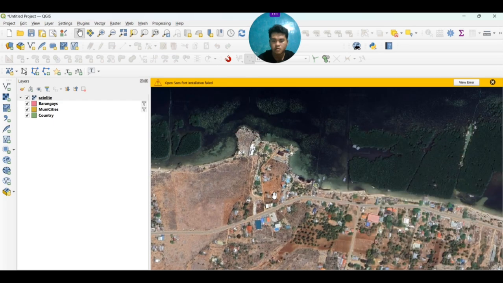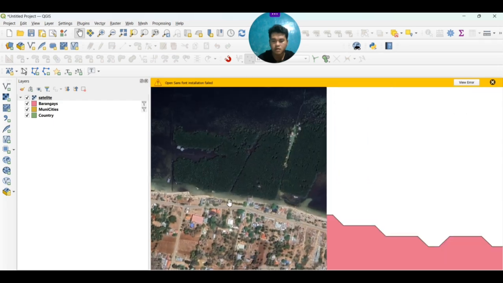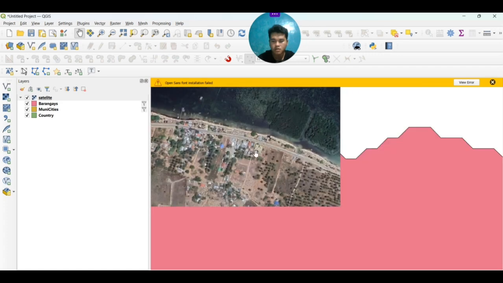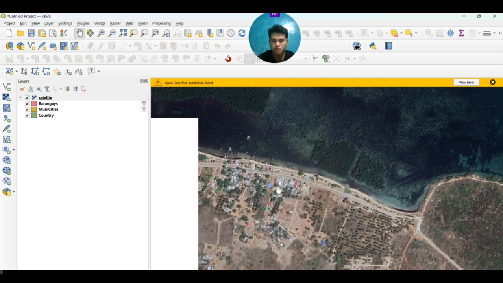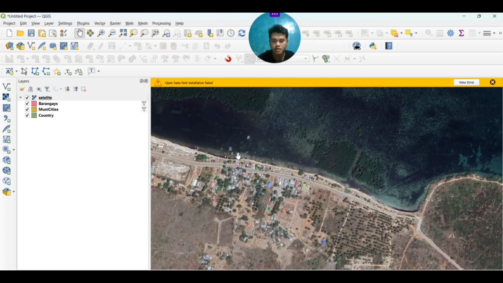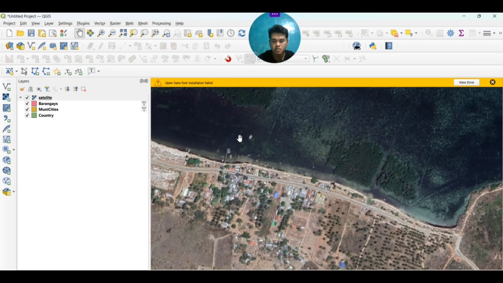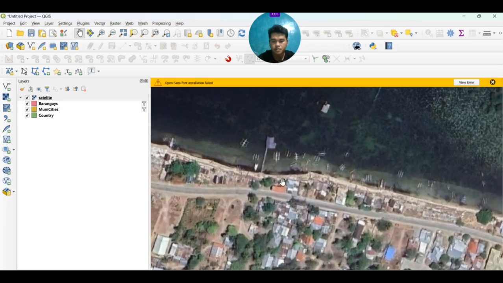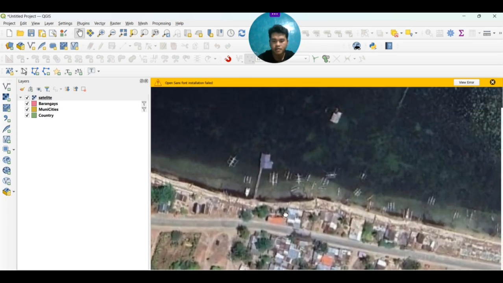Where was it? You think this one? I think we're getting closer. Oops, this one. Where is the study site of mine? So just zoom it, zoom, and then